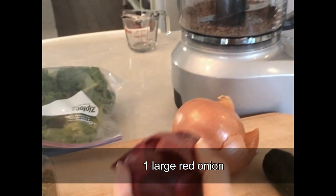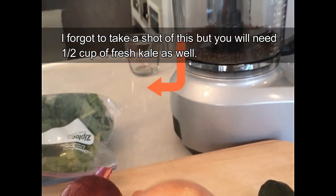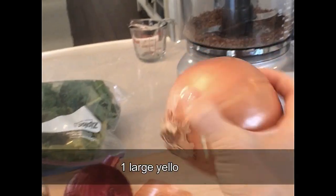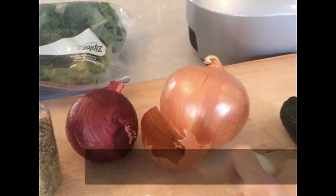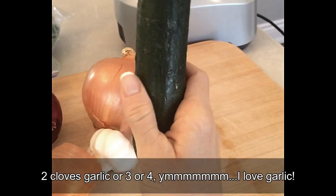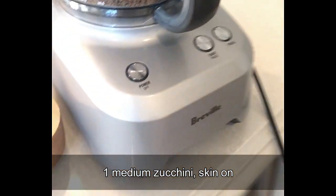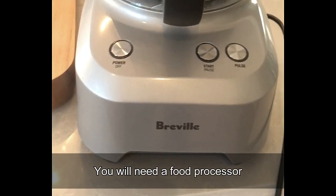You need 1 large red onion, and I forgot to put this here, but you're also going to need 1/2 cup of fresh kale as well, on top of 1 large yellow onion, 2 cloves of garlic, or more if you desire, 1 medium zucchini skin on, and for this recipe you'll need a food processor,